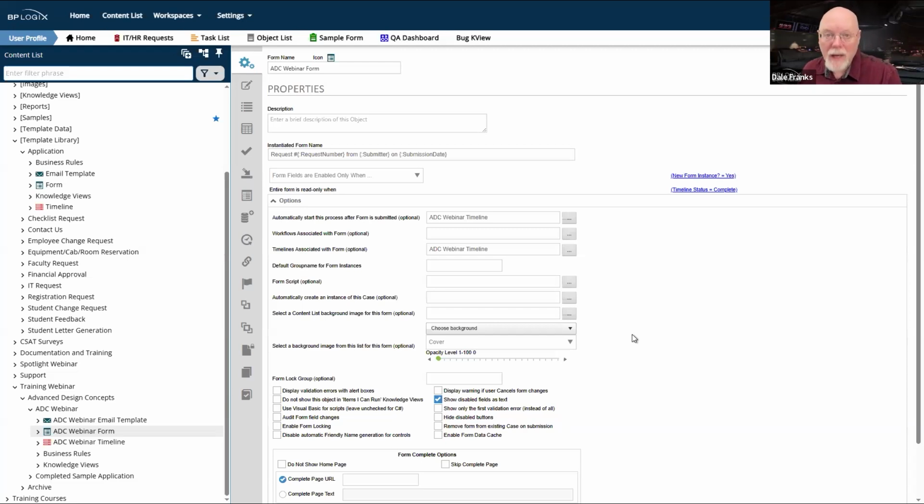Now, this does not mean that the form cannot be editable at any point in the process. Forms are constructed in a hierarchical fashion. Every object on a form, except for an individual control like a text box or a drop-down. Well, even a drop-down is a container of a sort. But your layout controls on a form exist in a hierarchy.